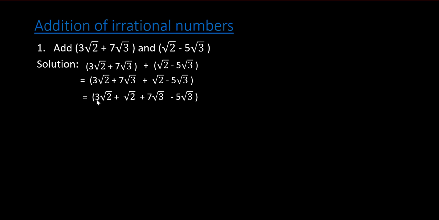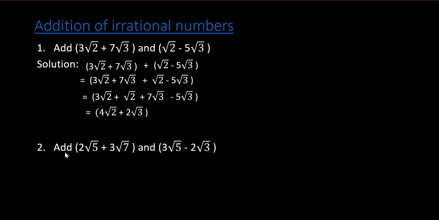Now we can write 3 plus 1 we have 4, so 4 root 2. Similarly 7 minus 5 we have 2, so 2 root 3. Next question: add 2 root 5 plus 3 root 7 and 3 root 5